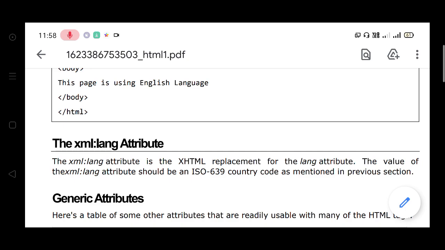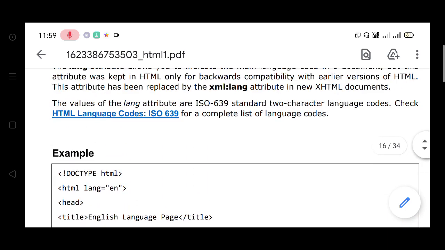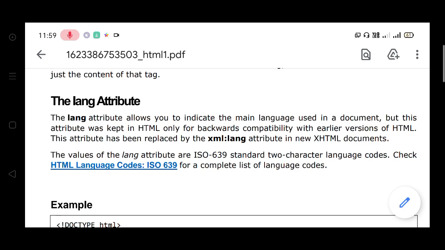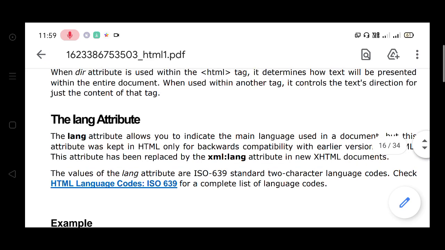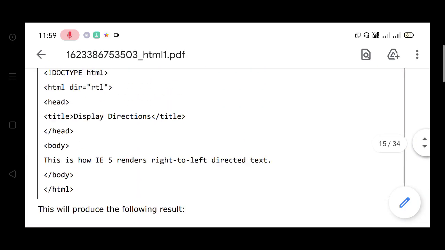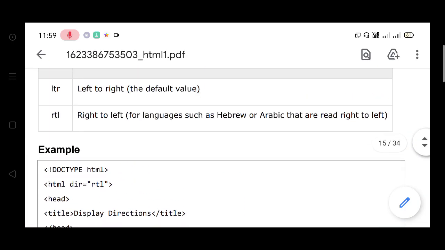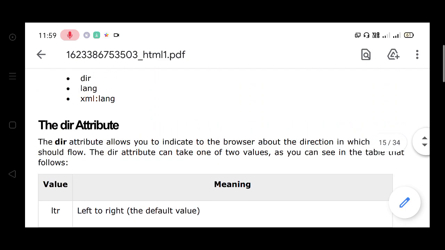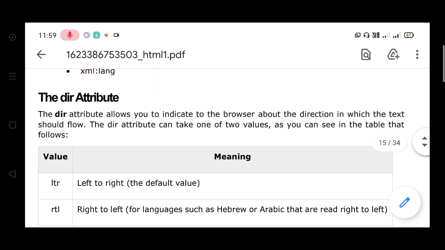The XML lang attributes. The XML lang attribute is the XML attribute that is ISO given. The lang attributes are also given in the example. The same with the dir attribute.